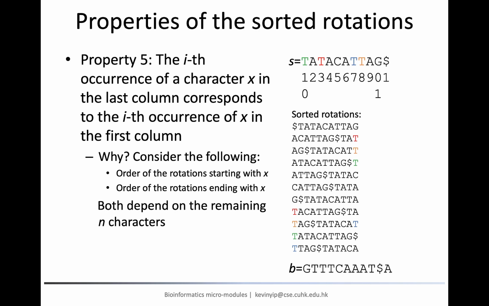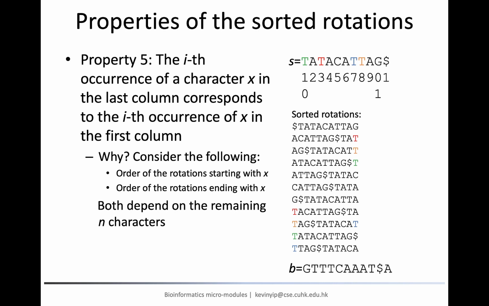To see why this is the case, notice that when we determine the order of the 4 sorted rotations that end with a T, since they all have this same character at the last position, their order is only determined by the first 10 characters. Imagine now we move these T's to the beginning of the rotations. The resulting sequences are exactly the 4 rotations that start with a T. Since we did not touch the remaining 10 characters of these rotations, they remain ordered lexicographically.